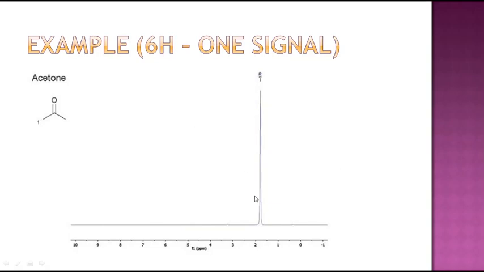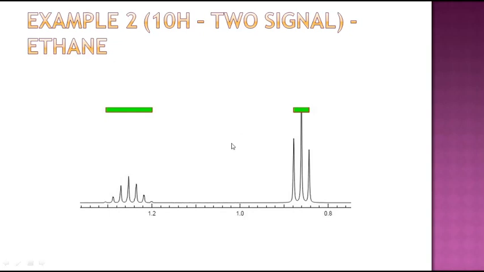This is one example. Let us take another example for explaining the number of signals. Here, this is the spectrum of butane. In butane, you can see there are 10 hydrogens. All the 10 hydrogens collectively give only 2 signals. This is altogether one signal, this is altogether another signal. There are only 2 signals, but there are 10 hydrogens. That means the 10 hydrogens are present in butane as 2 sets. That means the 2 CH3 are in the same chemical environment, and therefore all the 6 CH3 protons will give this signal.